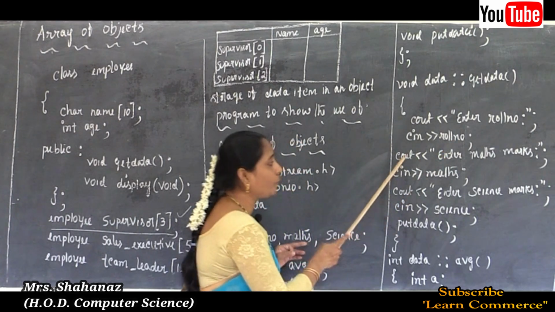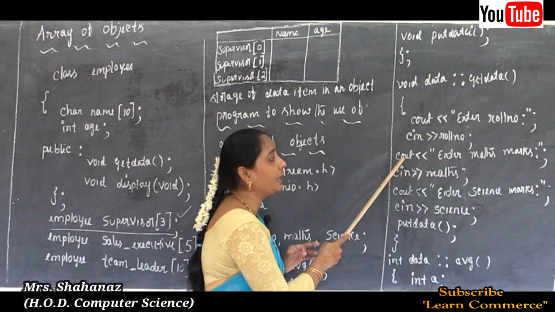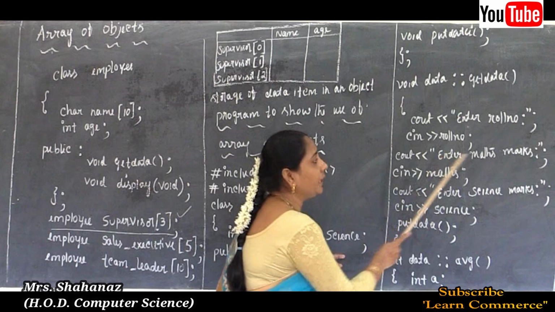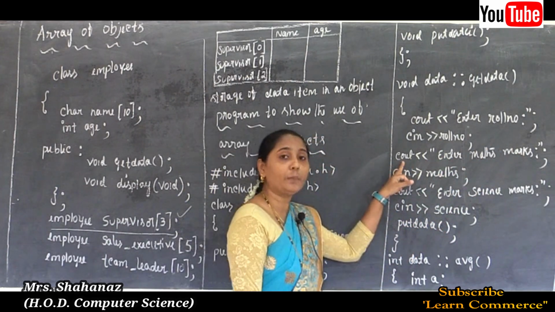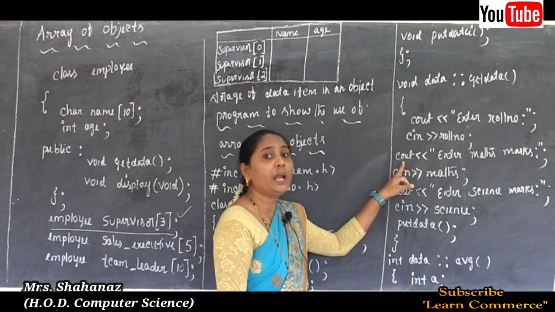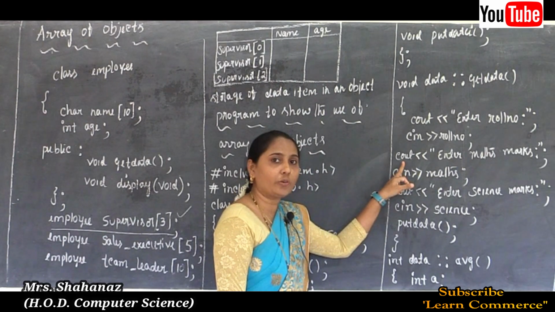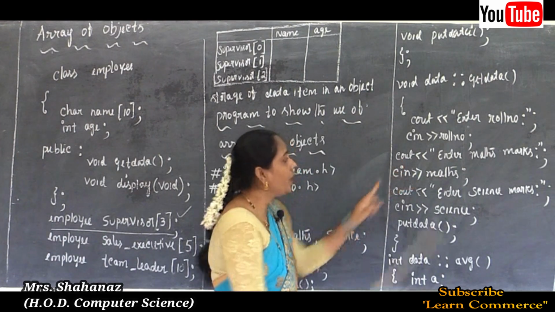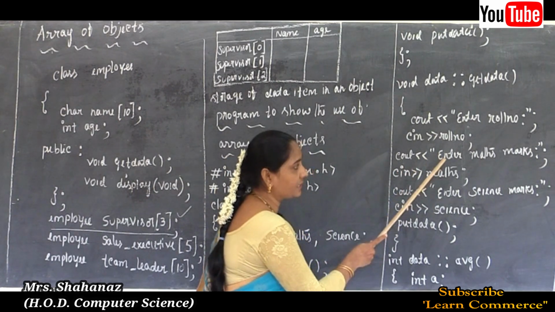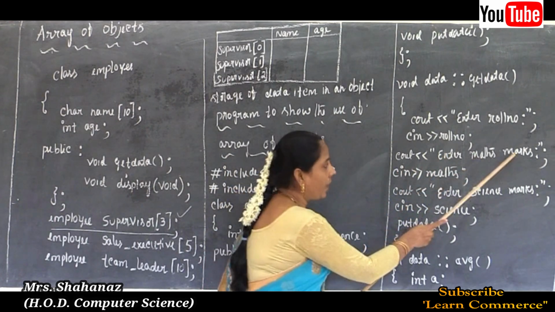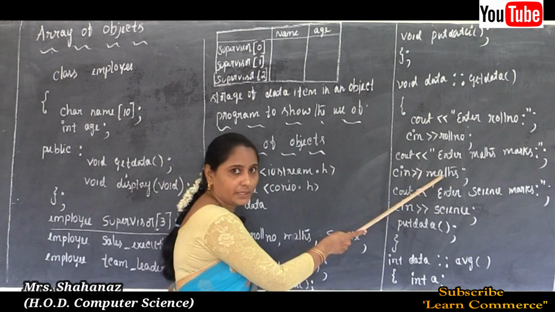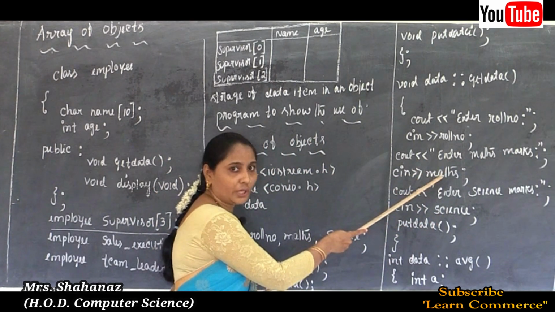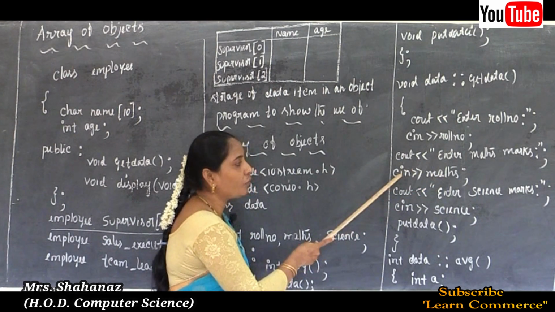And the second message I want to declare is enter the maths marks. Such a message I want to declare, because of this reason I used the cout. The full form of the cout is the console output. So it is going to display the message as enter maths marks. It is going to accept the marks for the maths in this case by using the cin function here.